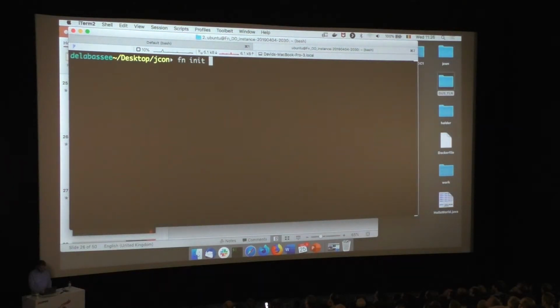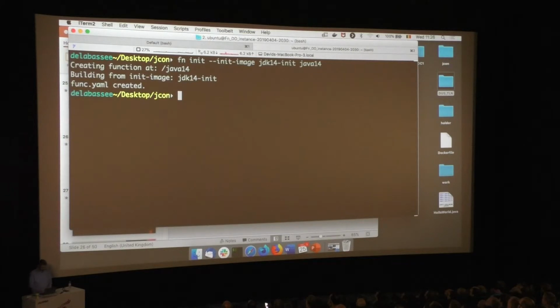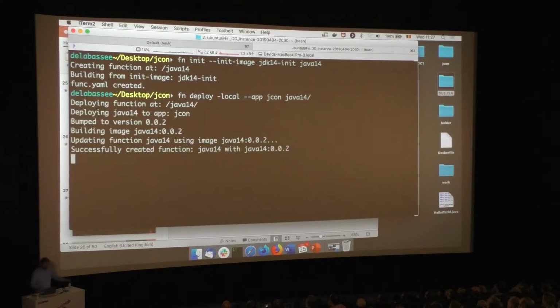So I'm going to create a function init image. I'm going to use JDK 14 because 13 is so last week, and I'm going to call it Java 14. So it's again a simple hello world function. I'm going to deploy that function. So this is our function, so it's again a hello world function. No, sorry, JCON, Java 14,